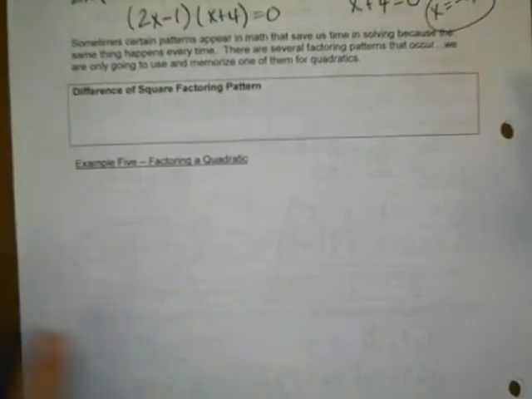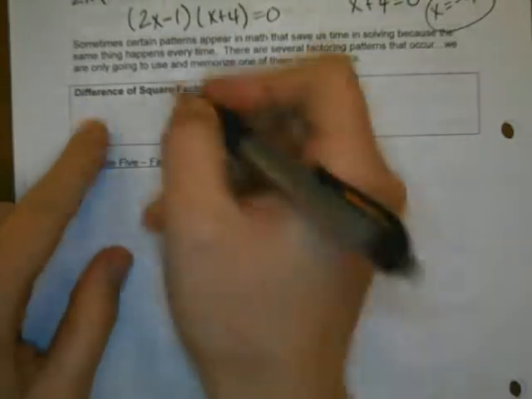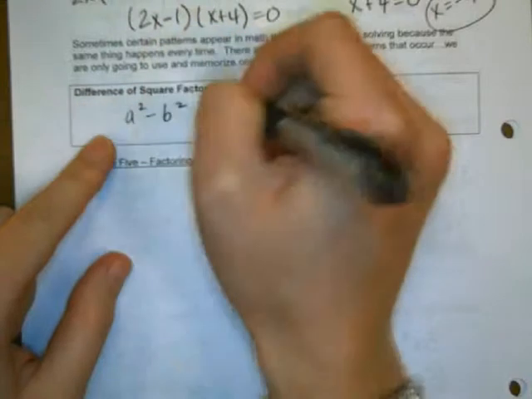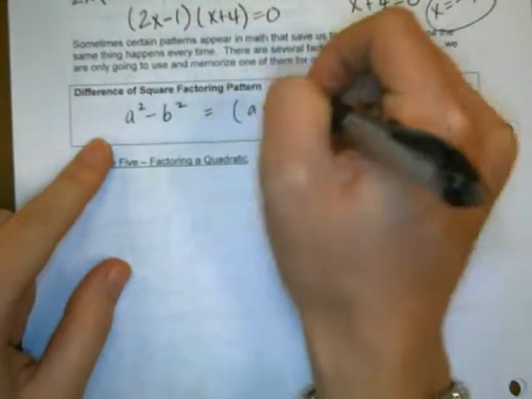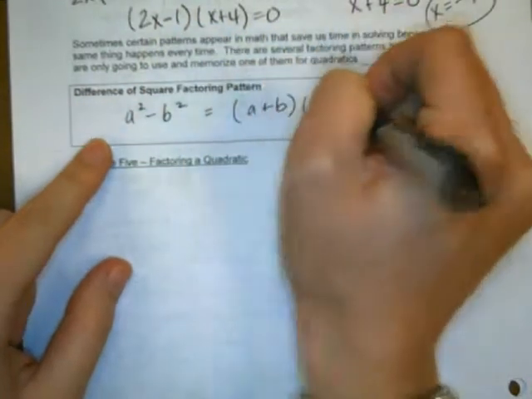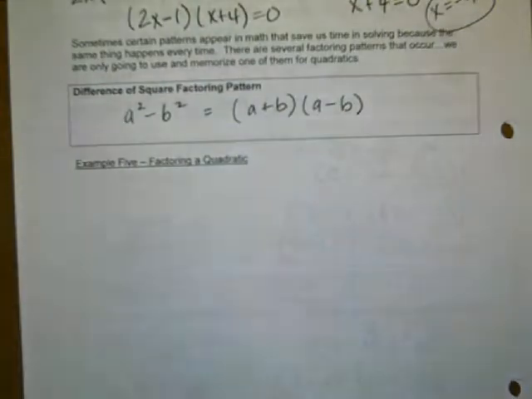Alright, so there are many factoring patterns that occur, depending on the kind of numbers that you have and the kind of setup. The only one that I make you memorize at this point is the difference of squares factoring pattern, which looks like this. And before we actually start getting into that, if I gave you a problem that looked like this,